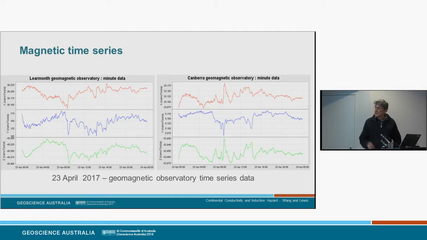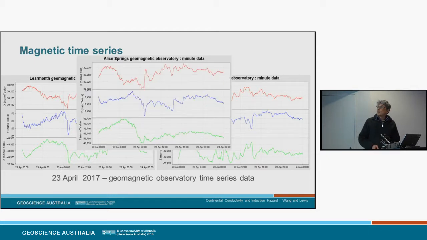And if you consider this in the context of the locations of the two observatories, when you think that there's a strong conductivity contrast between the land and the salty water of the deep ocean to the west of Liejun, and a similar contrast to the east of Canberra, if you work out the vertical transfer functions for this data, they'll reflect that situation.